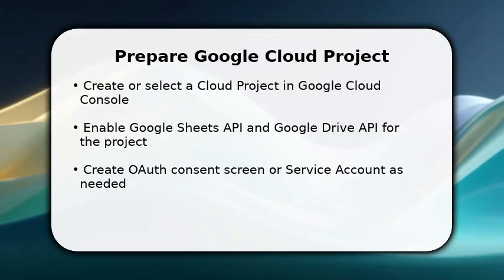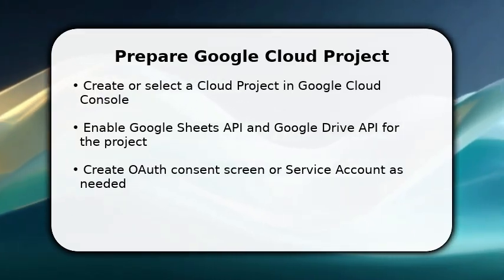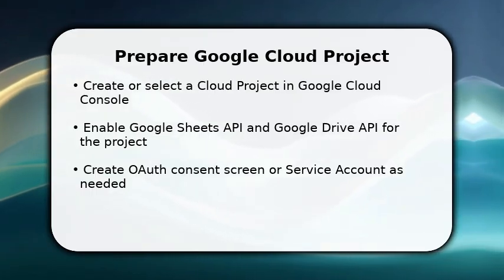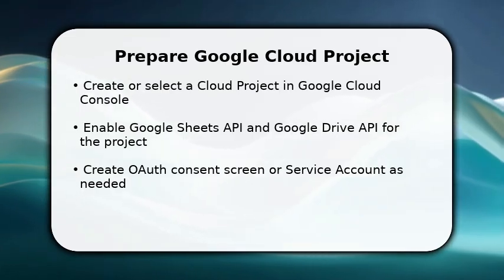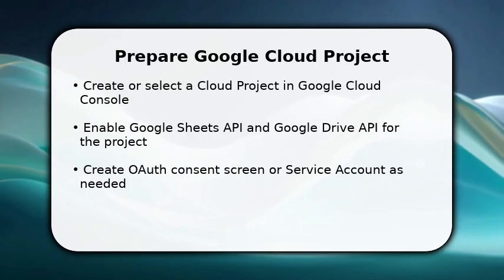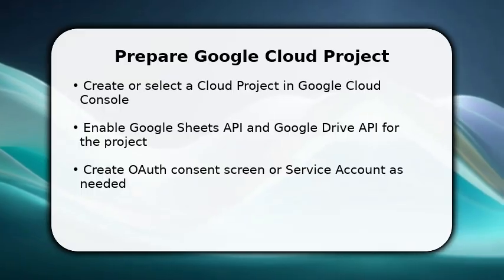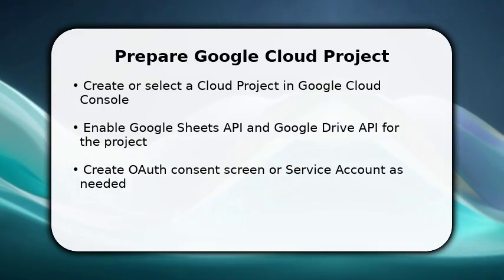You start by making a Google Cloud project and enabling the Sheets API. This gives you the live endpoint you'll call. Once done, decide whether you need user access, OAuth consent screen, or server-to-server access, service account, because that choice changes credentials and scopes. Now generate credentials, an OAuth client ID for interactive apps or a service account key JSON for backend